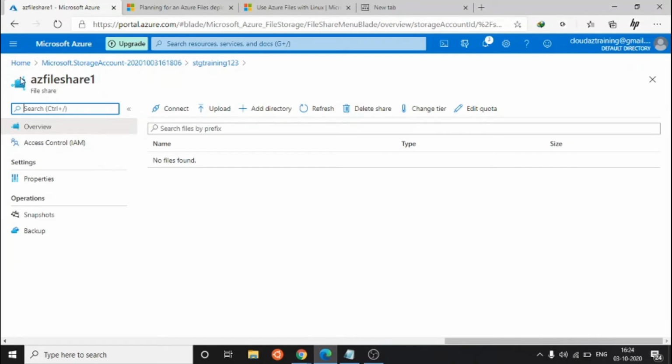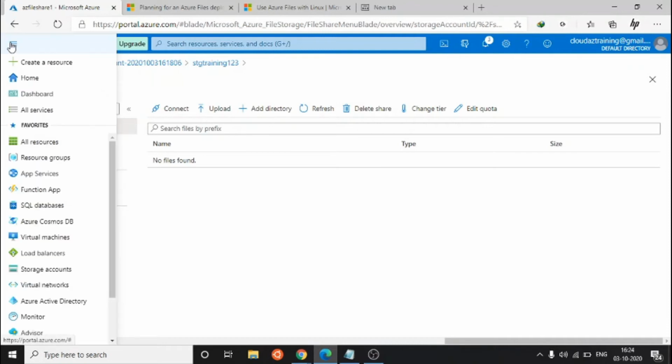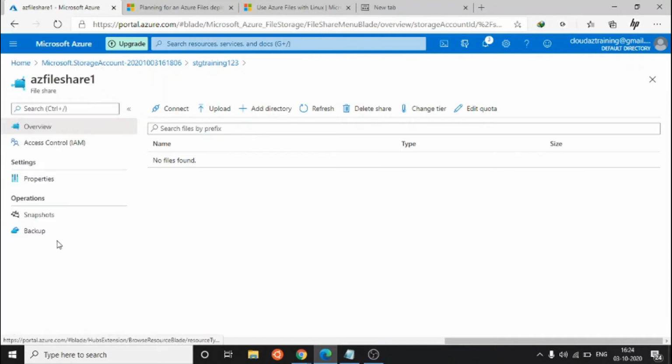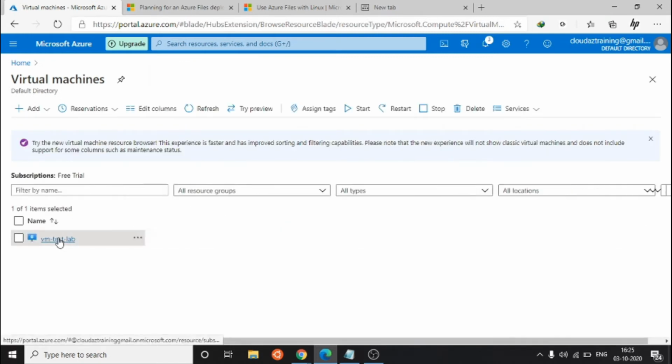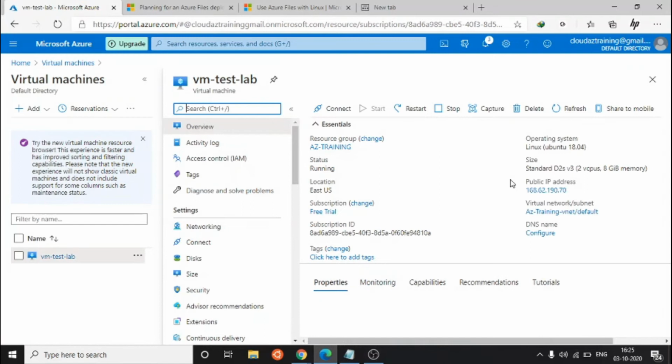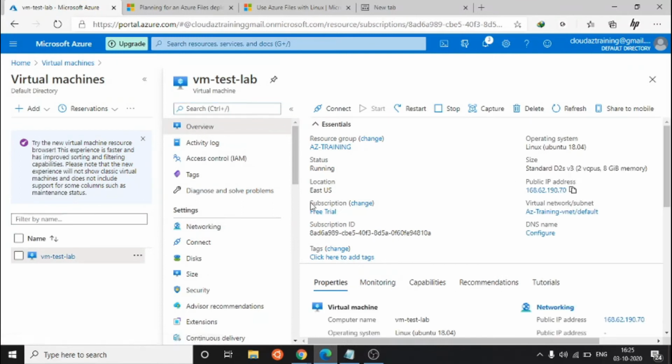I have created one Linux VM on Azure cloud. I am going to log in to that VM using the private IP.